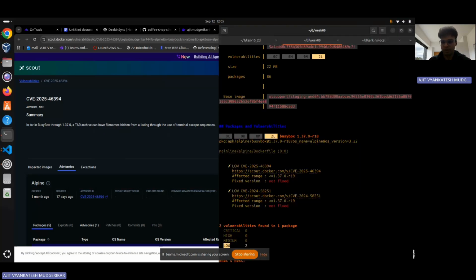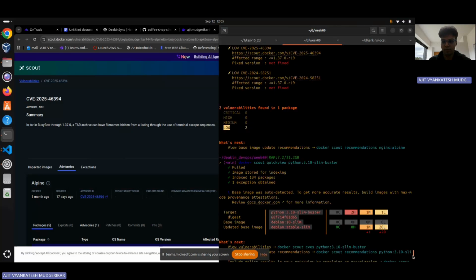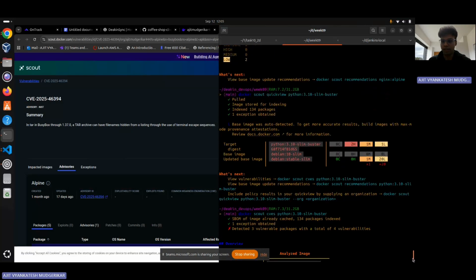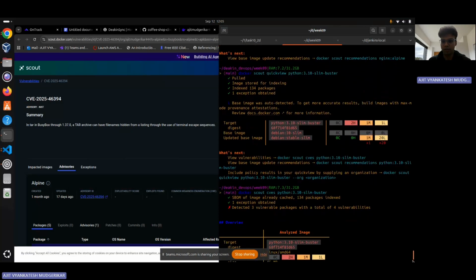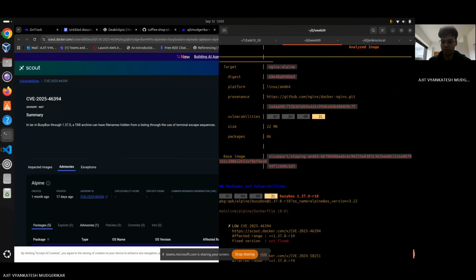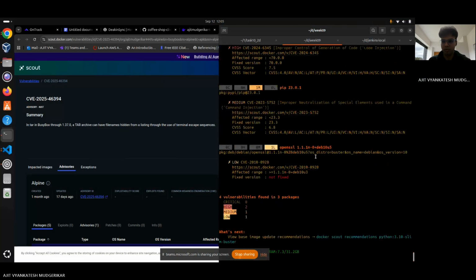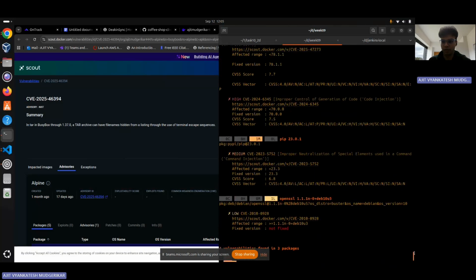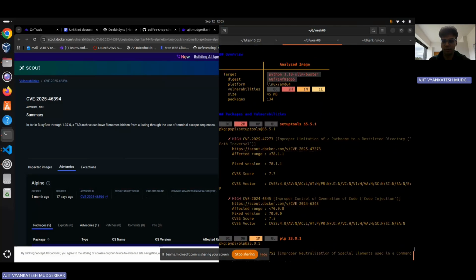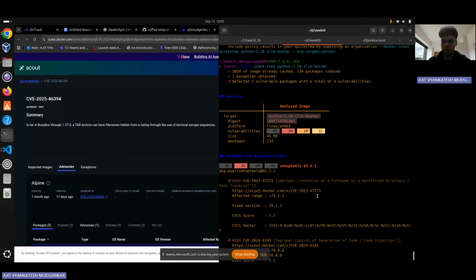Similarly, we used the Python 3.10 Slim Buster image. This had slightly more vulnerabilities, as you can see from here. So there are essentially two high, one medium, and one low vulnerability in the Python 3.10 Slim Buster, which is more dangerous. If we want to see the high and the critical vulnerabilities, the high vulnerabilities can be seen